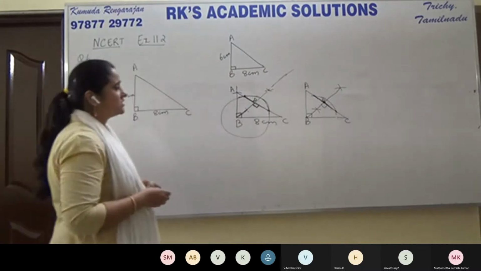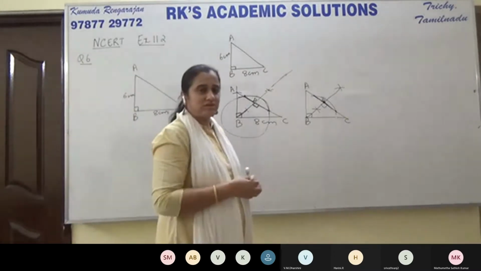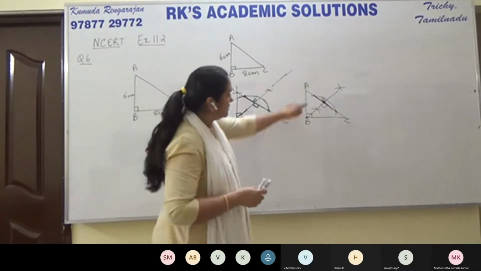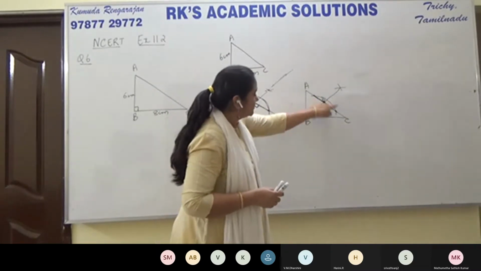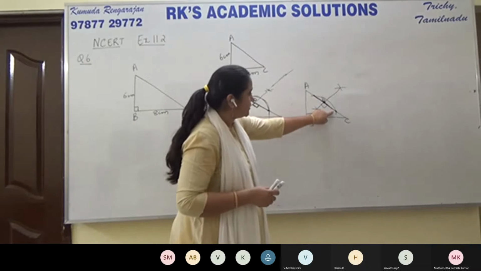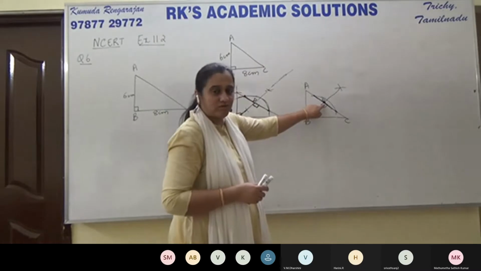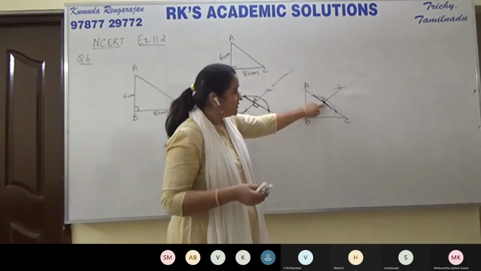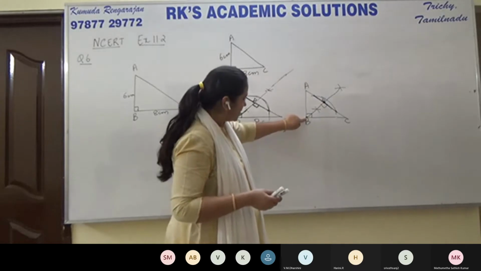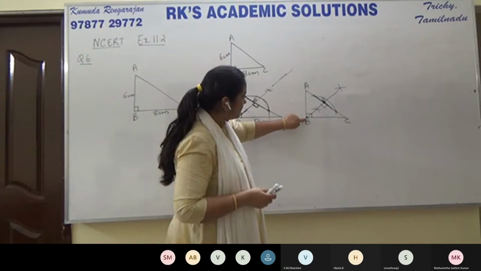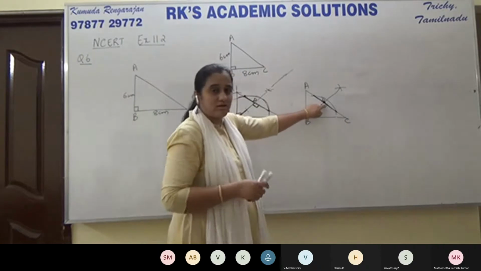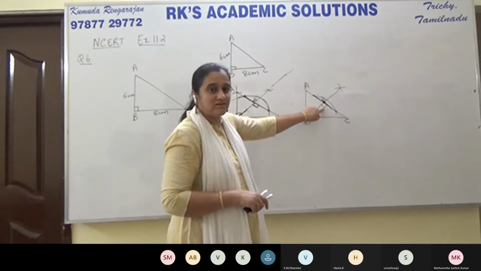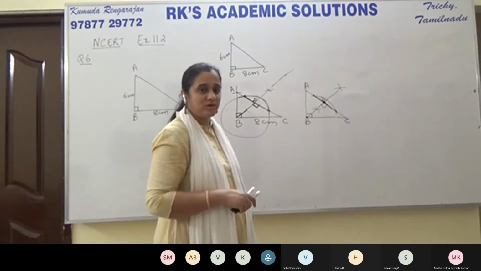Okay, so this is the justification for BD perpendicular to AC. This is a chord, this is the arc, and this is the chord. By this construction, we find the midpoint of the chord. Then from the center, we have a line segment to the midpoint of the chord. By the theorem, it should be perpendicular to the chord. So we get this 90 degrees here. That means BD is perpendicular to AC.